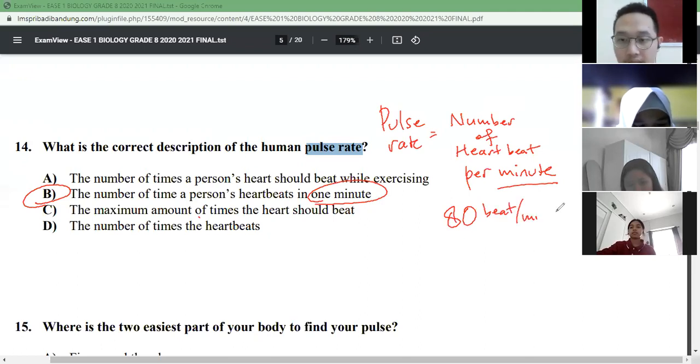Normally a human pulse is measured in beats per minute. A normal human pulse, okay. But it may differ depending on the activity, the gender, and so on. But the average human